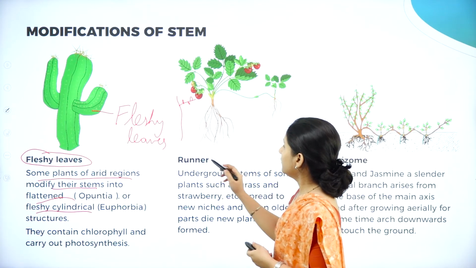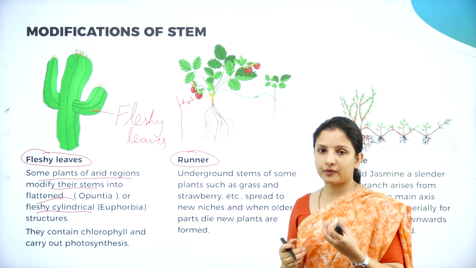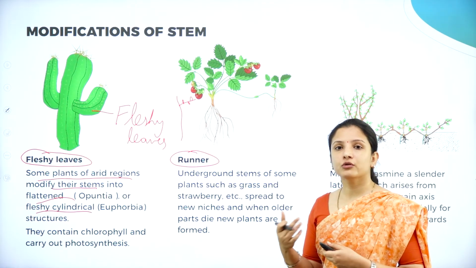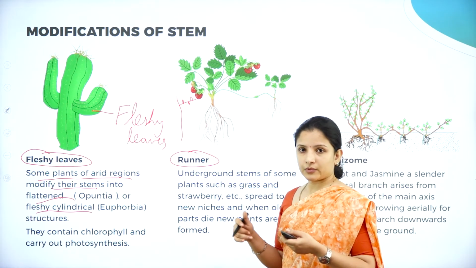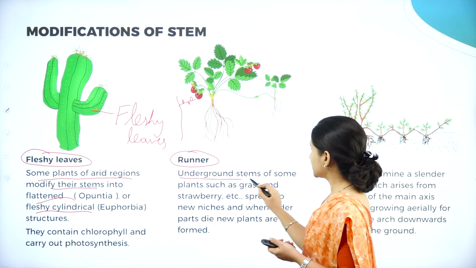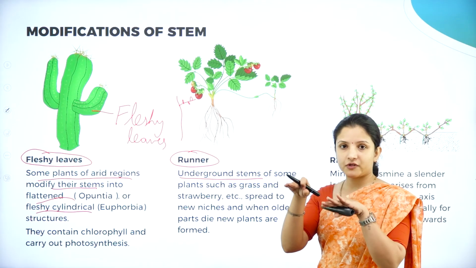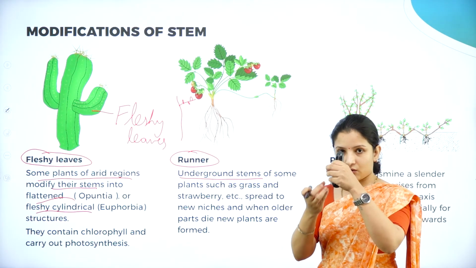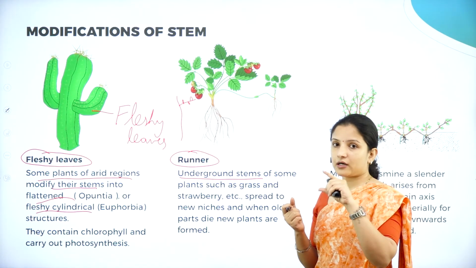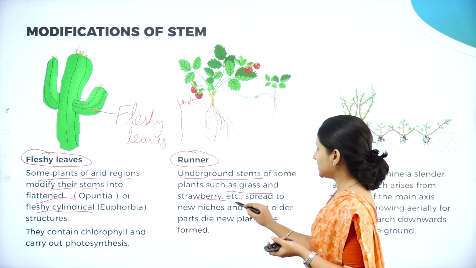Next is runner. So for growth, these all that I said were for food purposes. Next, stems get modified in order to facilitate or promote growth of the plant. So one particular example is the stem gets modified as runner. So here what happens, the underground stems. So some plants, I told you, it is not just that the stem will be present on the superficial layer of the soil. Stem grows downwards, that is nothing but the collar, and from there in a few plants the root arises. So the underground part of the stem, for example in the case of grass, strawberry, etc., they